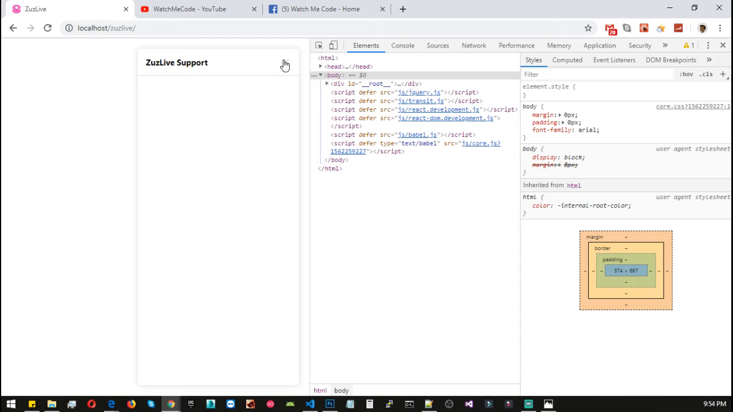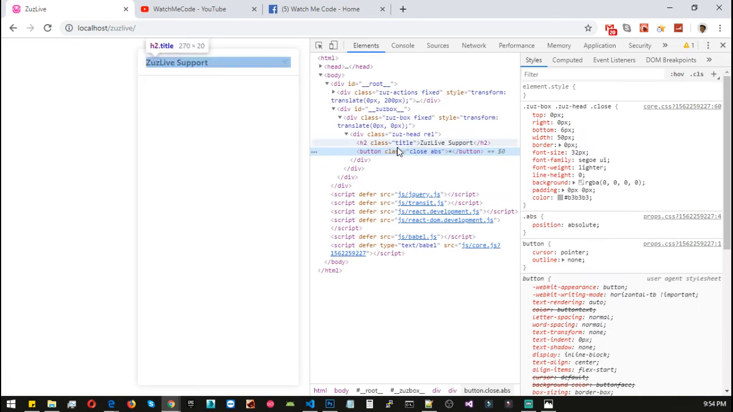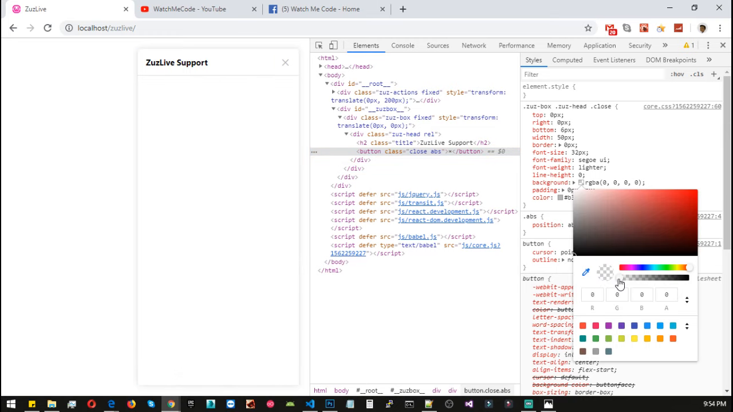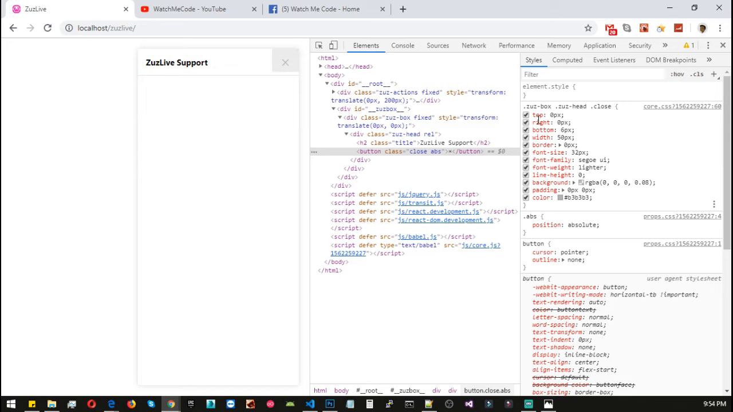Now we need to add a nice hover effect. Let's inspect one more time and add a background. Now we need to add top 10, right to 10, and bottom 10 is good. Let's add the width to 30. Now we need to add